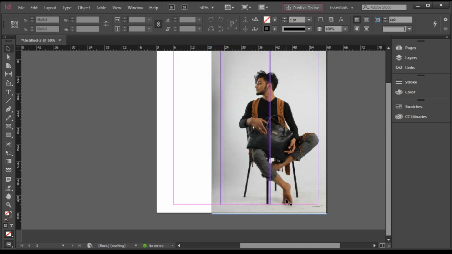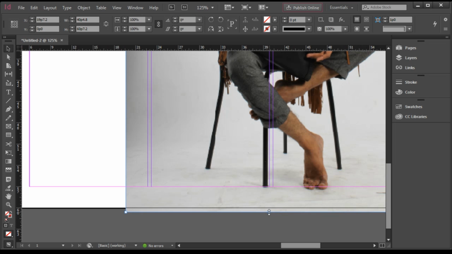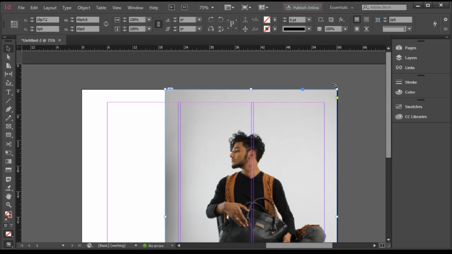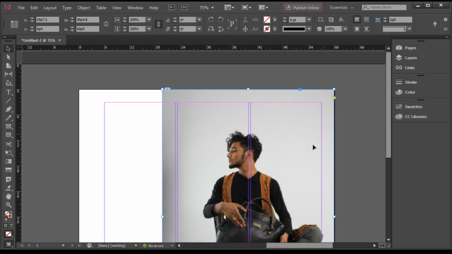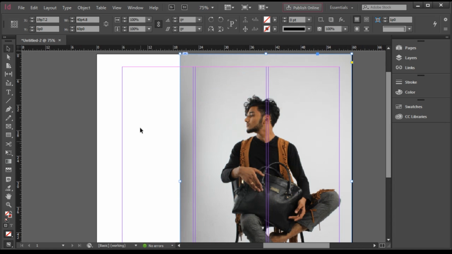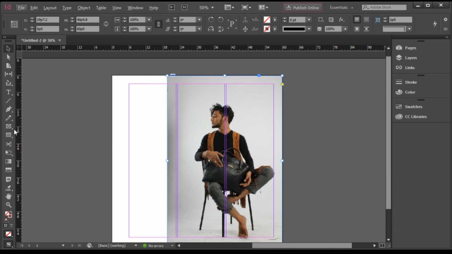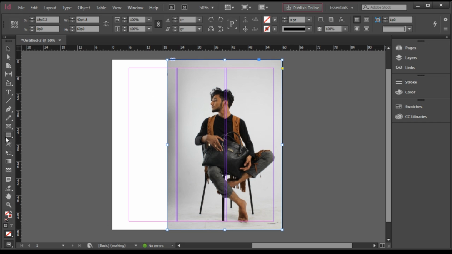Alright. Of course it requires a lot of editing and color correction, but we will just go with this one. And this little bit of extra area we can chop off without holding any key on the keyboard by resizing the frame and matching it up with the bottom of the page. Alright, and this side I'll just put a rectangle by selecting the rectangle tool and drawing a rectangle, and I'll fill up